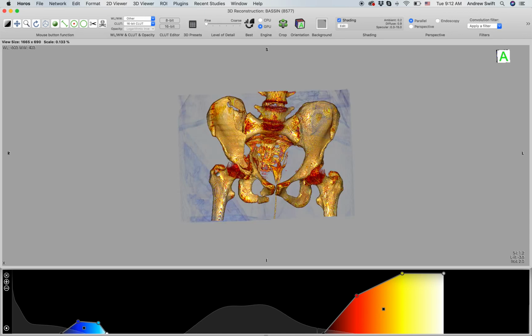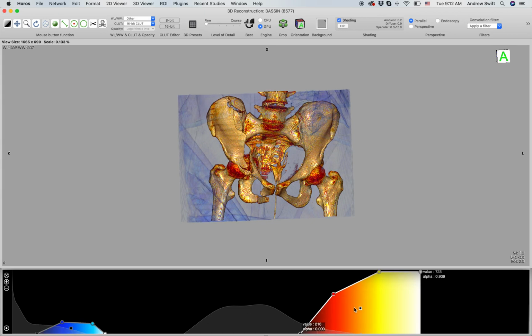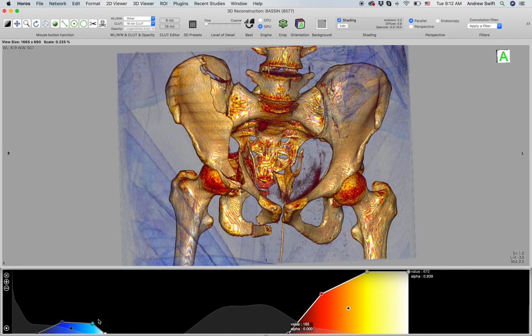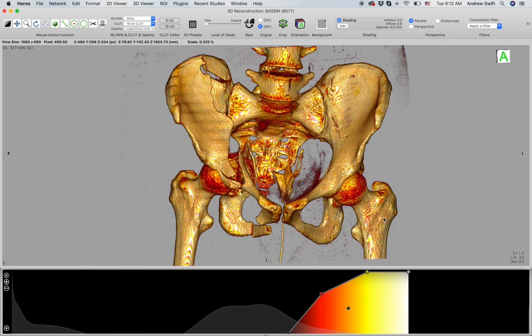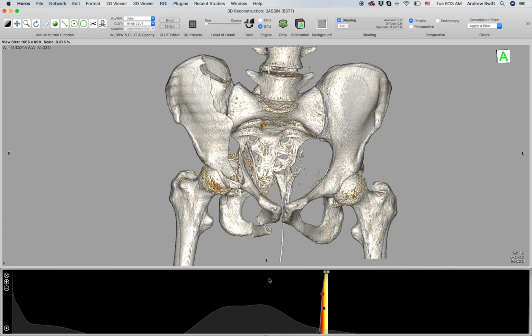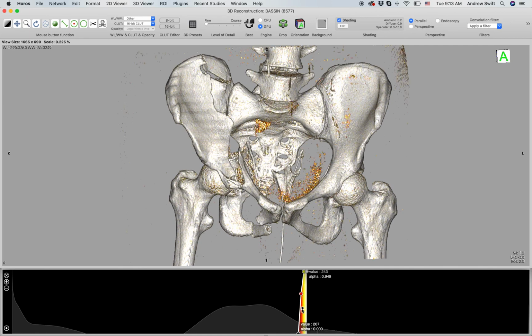If I stretch this thing out, it will encompass a greater range, and again, it's the same thing as dragging it down here. This is great for making a pretty picture, or for getting detail and seeing how stuff is going, but I want to delete this curve. What I want to do is compress this curve with Option-click-drag to the left. Then Option-click-drag up and down to move this until it shows me only bone